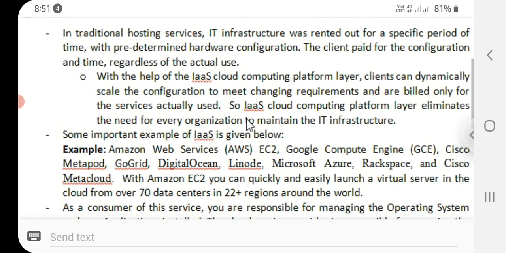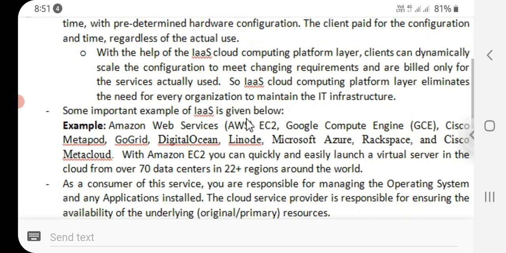With the help of the infrastructure as a service cloud computing platform layer, clients can dynamically scale the configuration to meet changing requirements and are billed only for the services actually used. So, the infrastructure as a service cloud computing platform layer eliminates the need for every organization to maintain the IT infrastructure.